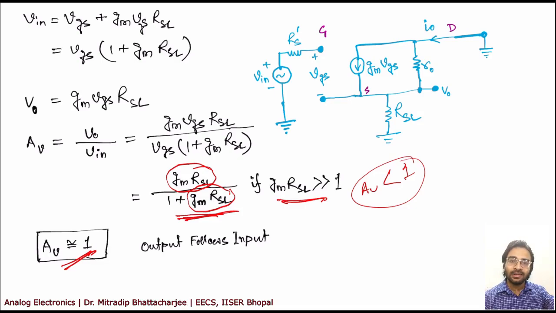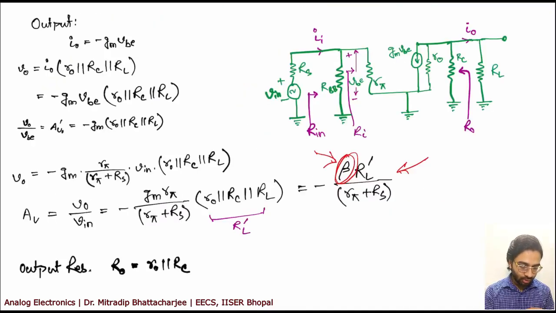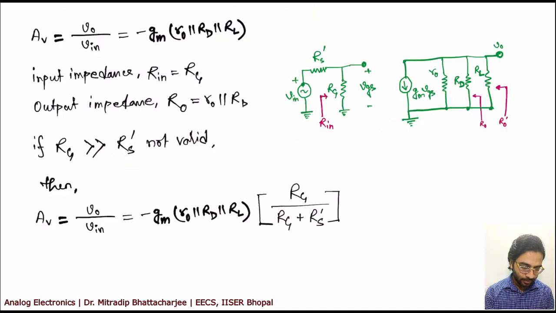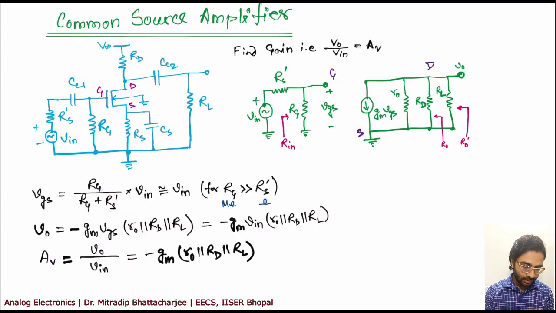So in this case, your output is exactly equal to input. When I say exactly, it means amplitude wise also it is the same, because AV is equal to 1, and phase wise also it is the same. If you see, your gain is a positive number, so whatever phase is there in the input, you will get the same phase at the output. What was the case in common source? If you look at the gains that you have calculated, it was negative, right? So the gain calculated for common source was negative.